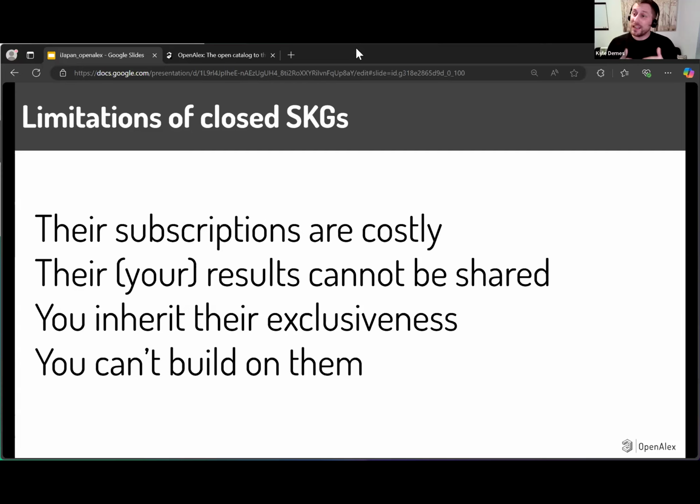Or you can share your results, but not the underlying data to be able to replicate it. And then, of course, if you're a government or an institution making decisions based on these databases, you also can't share that. And we think that's really a tragedy. And it's something that's preventing science from developing even further.